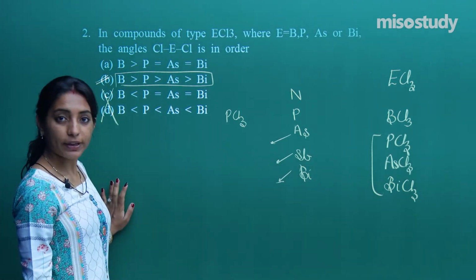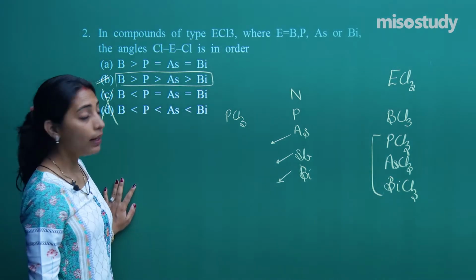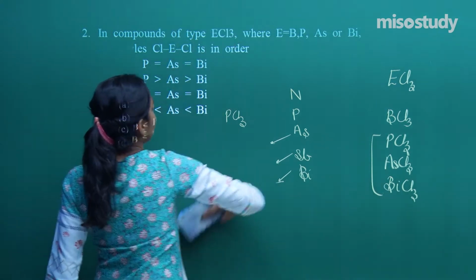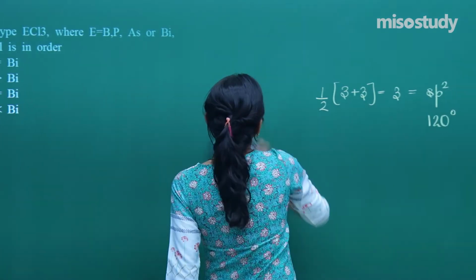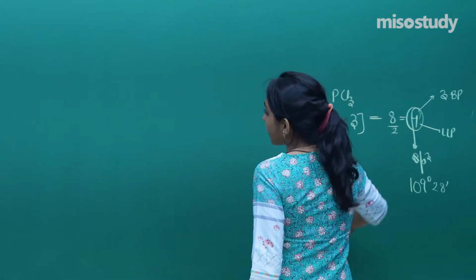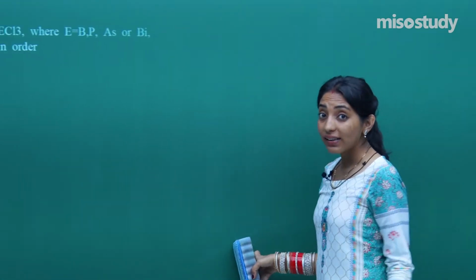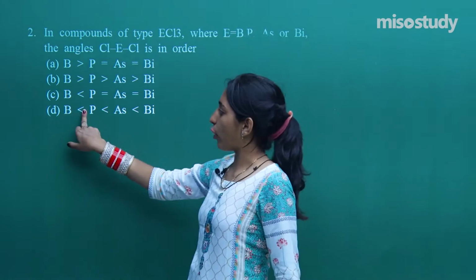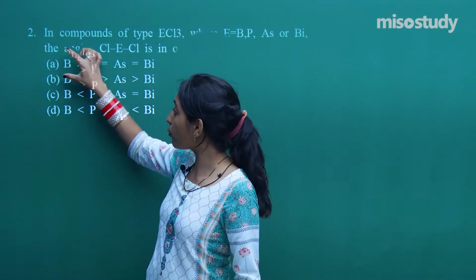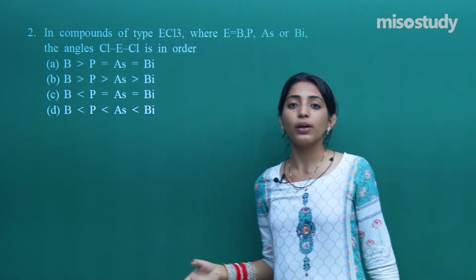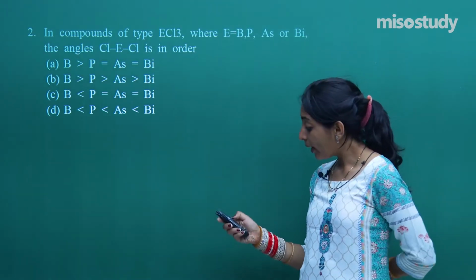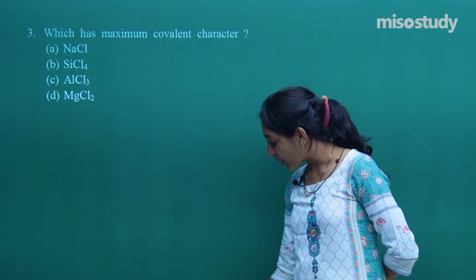So once again option B will be the correct option for this question. Fine? Cool enough. Now having done with this question, let's move on to our third question. So see, in all the competitive exams, particularly in JEE, there is one thing that you have to follow, and that is how easily you can eliminate the options. I mean, you can say this cannot be the answer, this cannot be the answer. So two are gone. Now you have to work with these two only. This is the best procedure to attempt any question, with more ease and more clarity. Okay. Fine. Moving on to the next question.